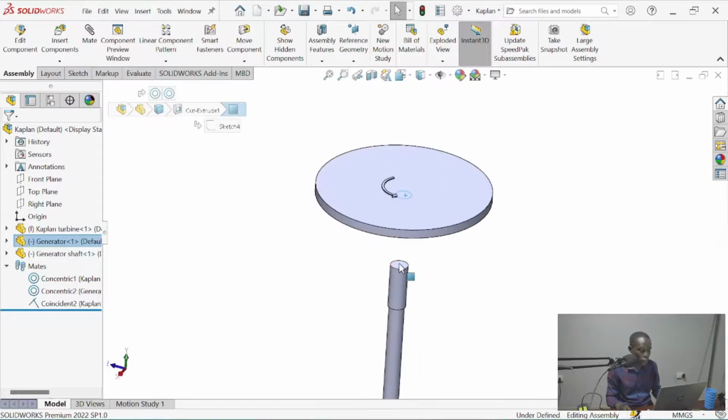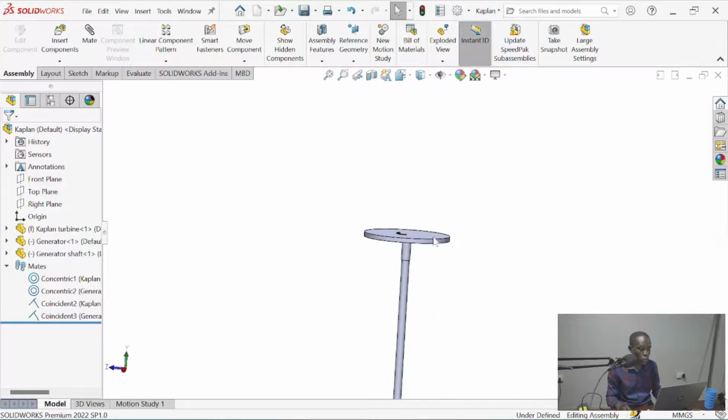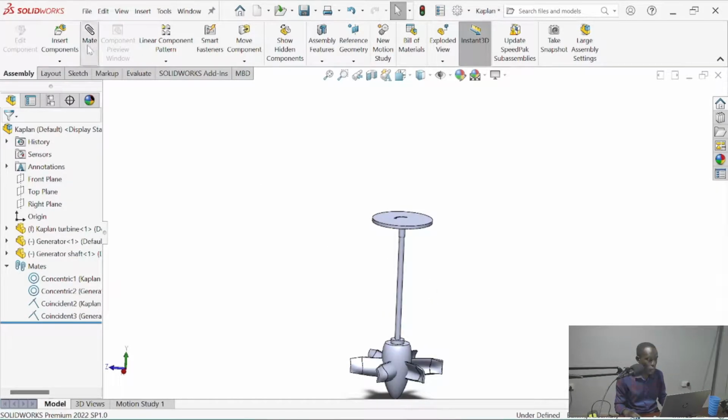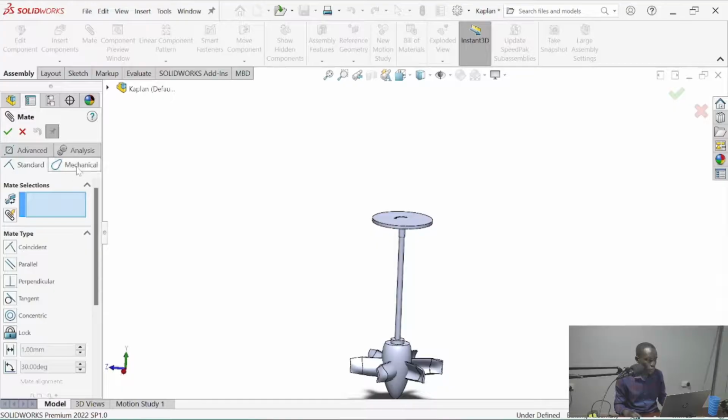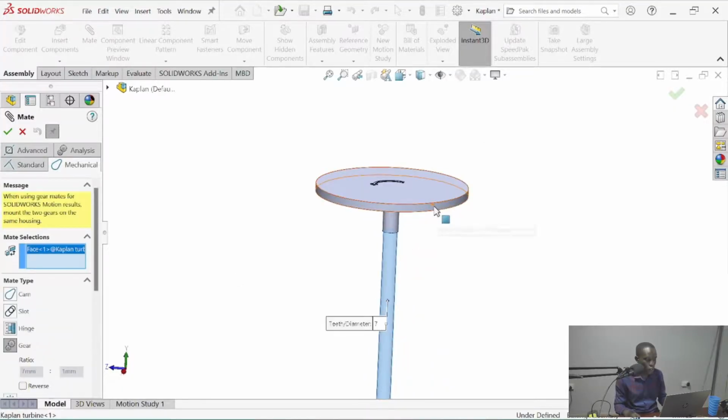Also fix this. Okay. So we have that rotating. So now let's try the gear mates and the mechanical mates.